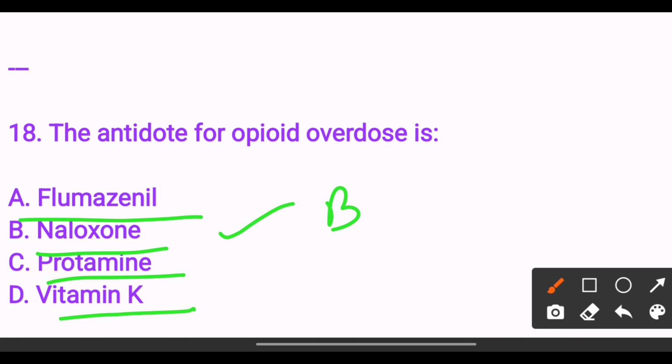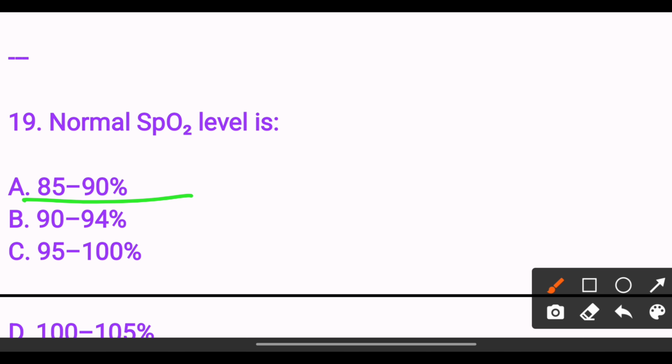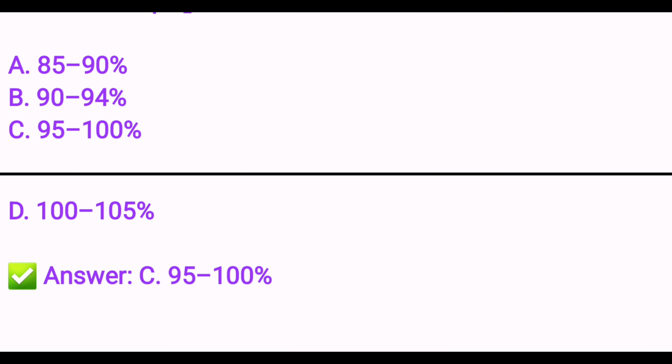Normal SpO2 level is option A 85 to 90, option B 90 to 94, option C 95 to 100, option D 100 to 105. The answer is option C 95 to 100 is the normal SpO2 level. Next,